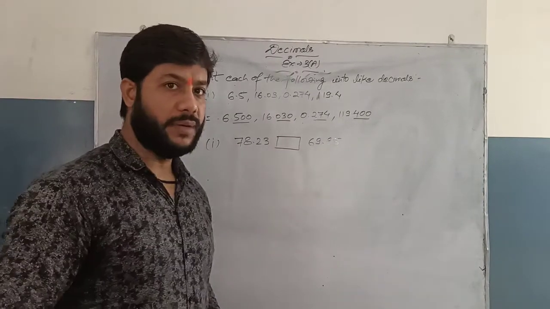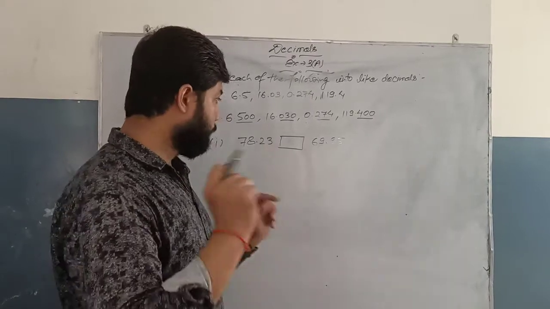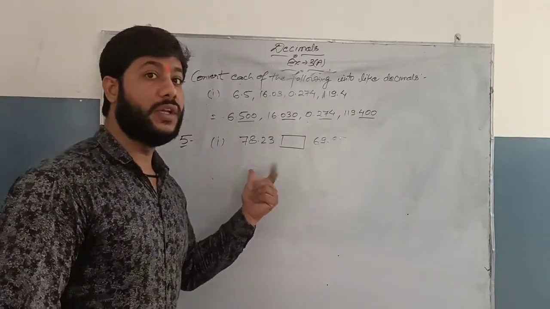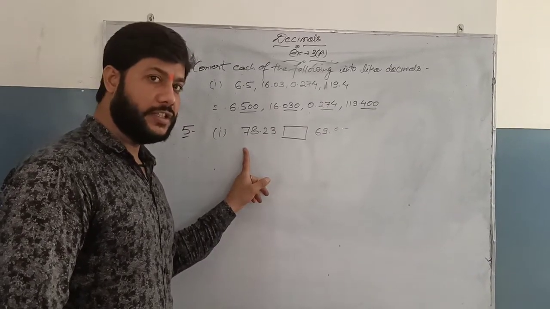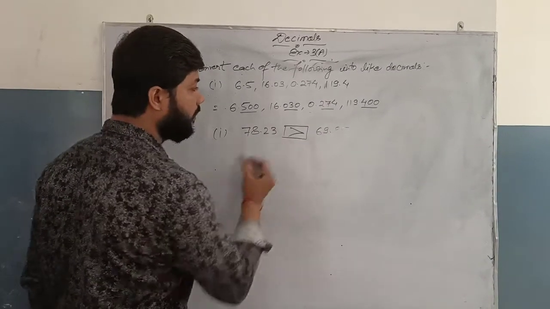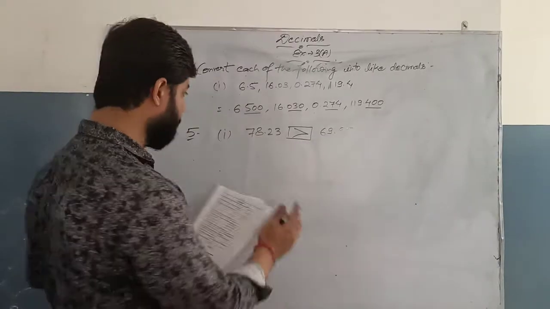At first we have to compare these two. So first we will compare their whole number part, 78 and 69. Which one is greater? 78 is greater, so already we will place greater. Okay. For example,